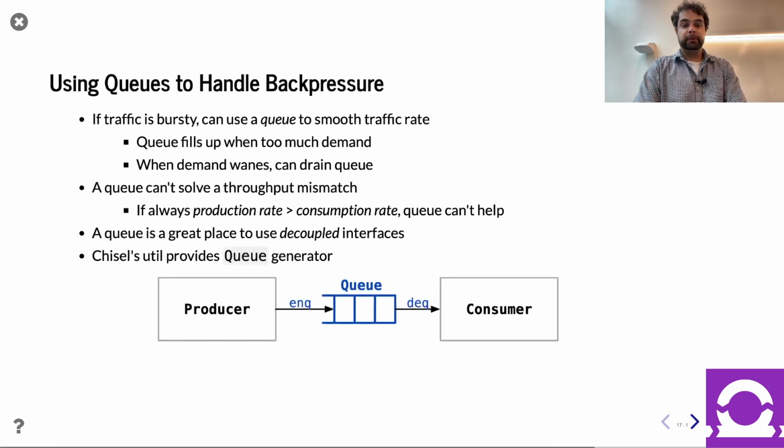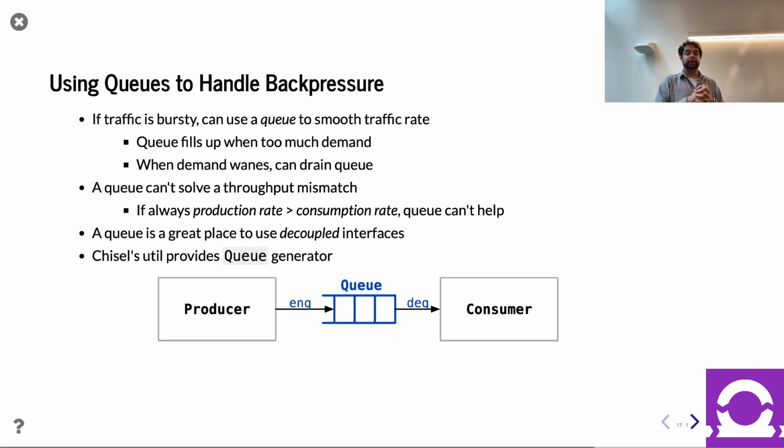Great. So we've shown the valid interface and the decoupled interface in isolation. Let's go ahead and put them to work, right? And so what we're going to do is build a queue. You can imagine if you have a producer and consumer, if you have this decoupled interface, you can reliably send one thing or not send one thing. But what happens if